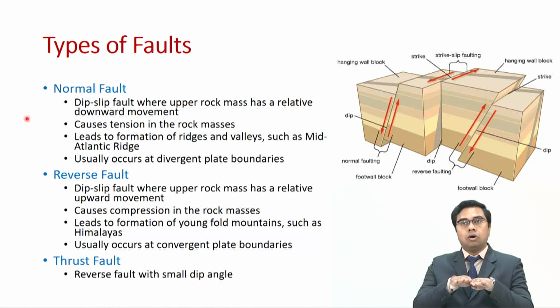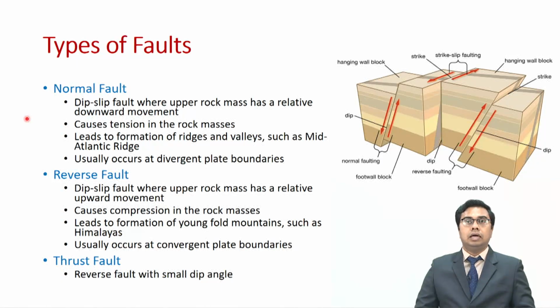As a result of the upper rock mass moving downward, this causes a tension in the rock mass, which leads to formation of ridges and valleys such as mid-Atlantic ridge, and this movement usually occurs at divergent plate